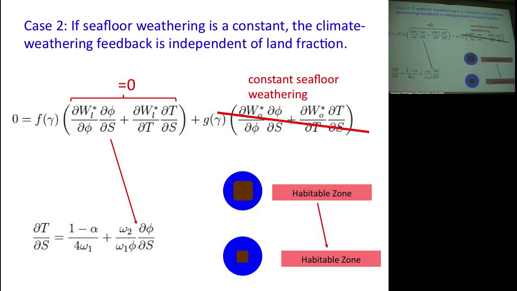And what this means is, if you go from a planet with more land to a planet with less land, where the land weathering is the dominant term, you're going to get a higher CO2, and you're going to get a higher temperature. But you're not going to get a higher change in temperature as you change the insolation. So you'll get a small shifting in where the habitable zone exists. So it's going to shift outwards a bit, but the width is going to stay the same.